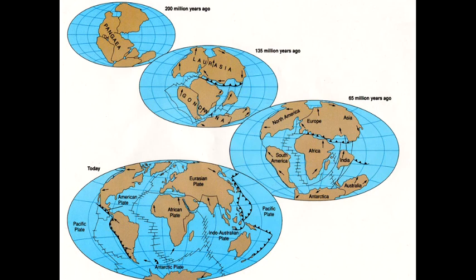In map form, this is what he's talking about. At the bottom, you see the map of today's world with the continents and oceans that you know. But if you step back through time as you go upward in the slide, you see that as millions and millions of years click by, the continents were together until about 200 million years ago, really a little bit older than that, 250. All the continents were together as a single continent, Pangaea.